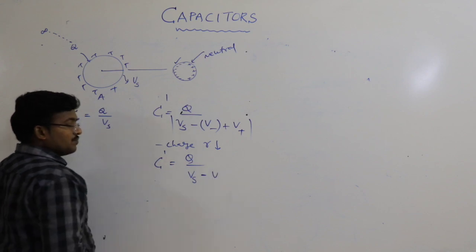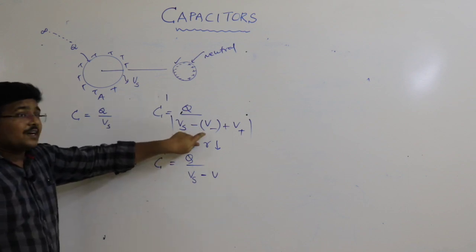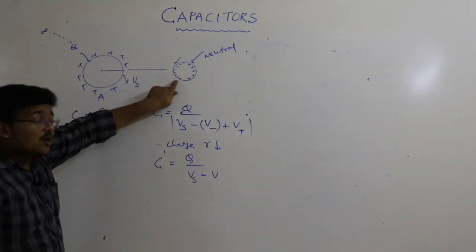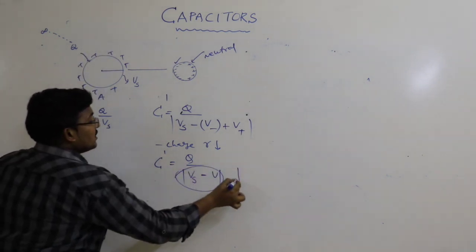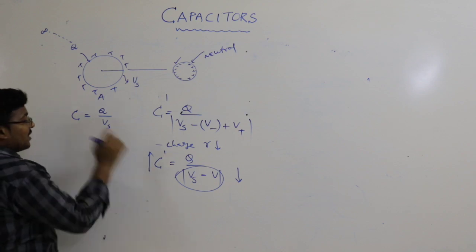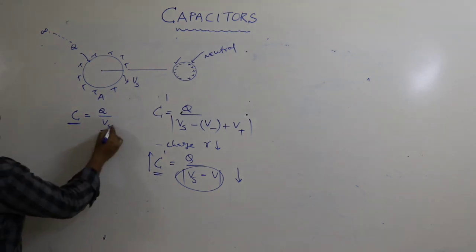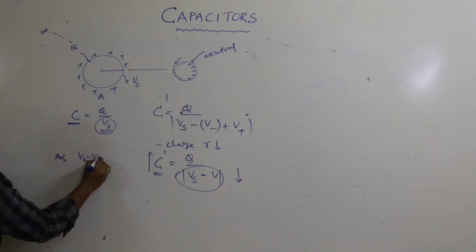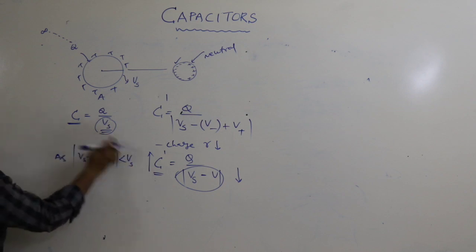Hence we can say that this C dash is Q by V surface minus something. If these are equal, they cancel and we will get Vs. But what I am saying is, as the negative charge is very close, the potential due to this on this conductor is more, hence this voltage is decreasing. When voltage is decreasing, what becomes of capacitance? It is inversely proportional. Initial capacitance is C, now C dash. What is the relation between C and C dash? As the voltage was Vs, now the voltage Vs minus V plus is less than V surface, this denominator